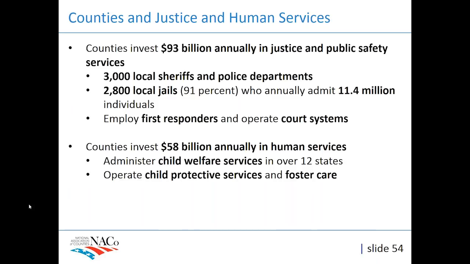Also, I want to highlight human services and counties' footprint there, because that's where we're hearing a lot from our folks on this epidemic. In over 12 states, counties administer child welfare services, which are really being impacted. Most counties operate child protective services and foster care. To give an example, in Ohio, a strong county state, foster care system costs are expected to increase by more than two-thirds just in this next year. So we're really hearing that you have grandparents raising kids when parents are taken away.